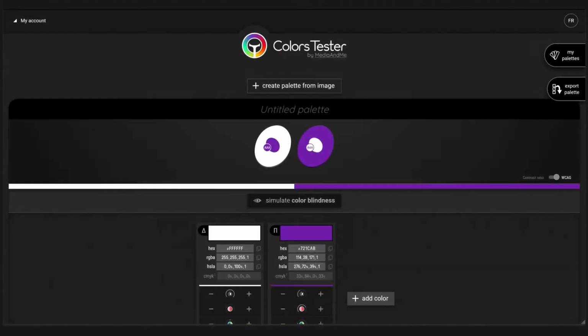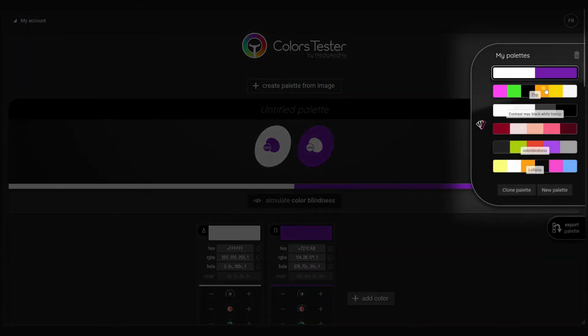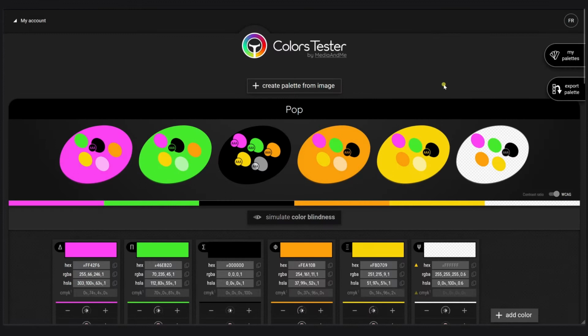Okay, I just logged in. Now I want to choose one of my palettes I created before. I did some research. I will choose my pop palette. My pop palette is interesting because of the colors I chose, but also with the white I chose, I want